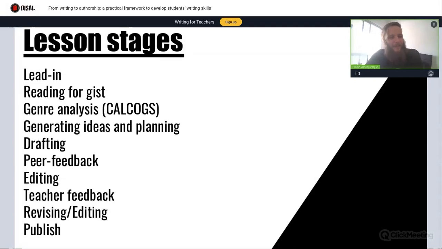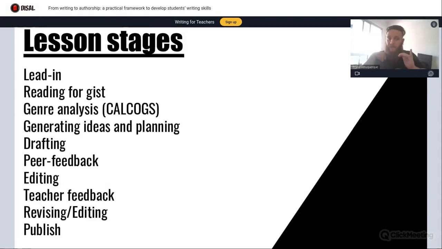The difference here in editing and revising is that usually editing comes first because you're dealing with the genre and the ideas in editing, right? So perhaps students have to change the layout of the text. So the changes are very drastic, right? Maybe they're missing the ingredients. Maybe they're missing steps. Maybe they're missing prep time or serving, and then the changes that they do after the peer feedback are usually more drastic.